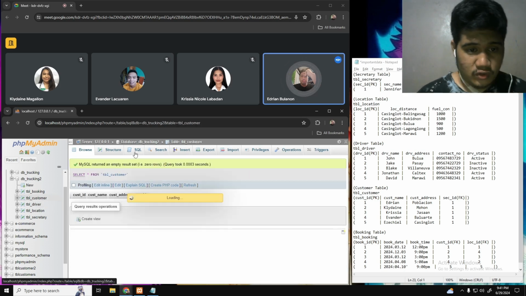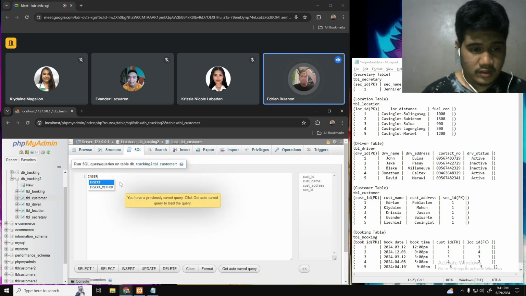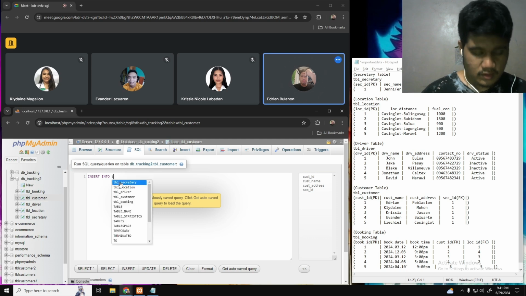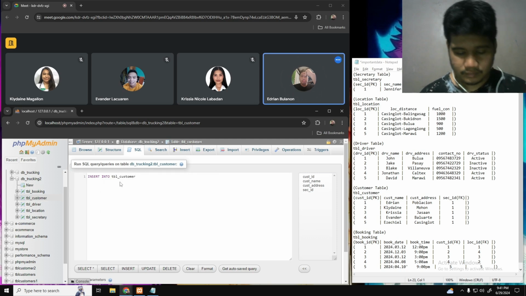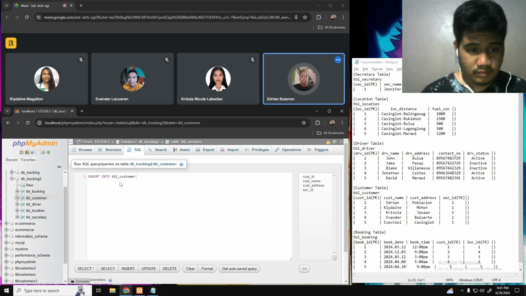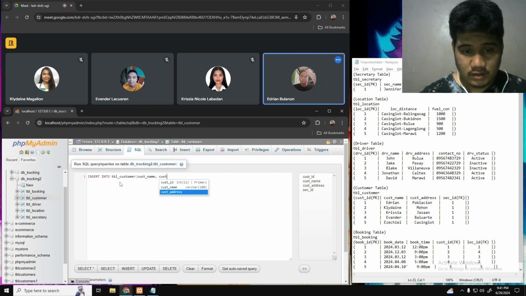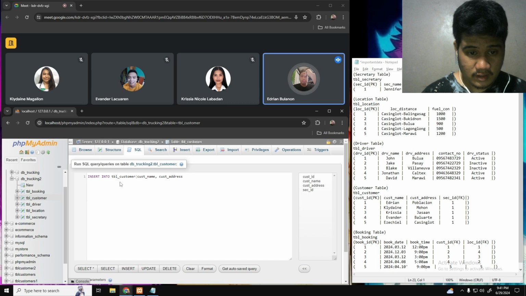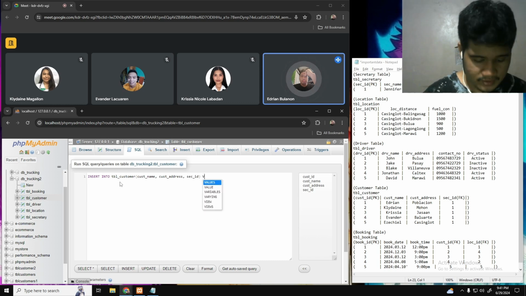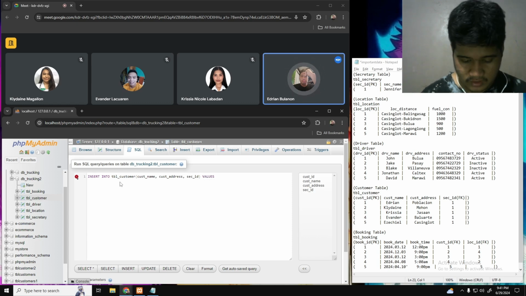Now we're gonna proceed to table customers. So insert into table customer, and then first the customer name. We're not gonna put customer ID since it is auto increment already. Next is customer address and secretary ID, which is our foreign key for this table, table customer.